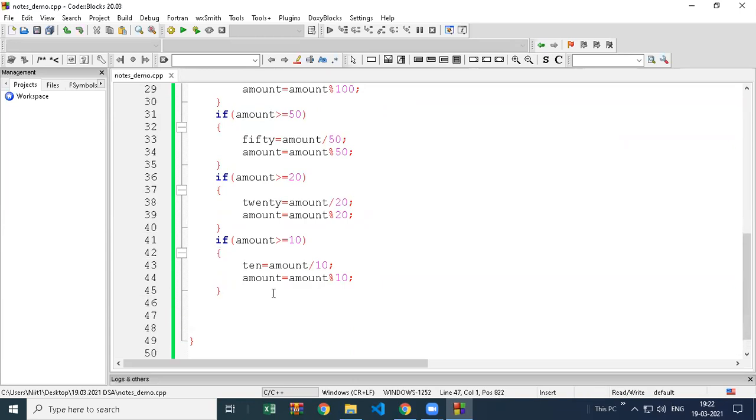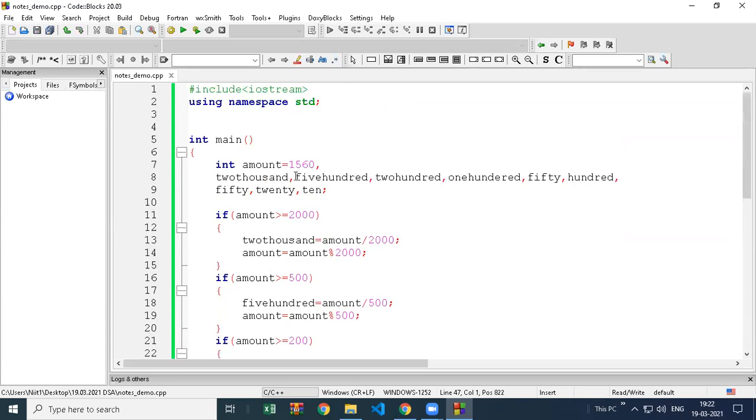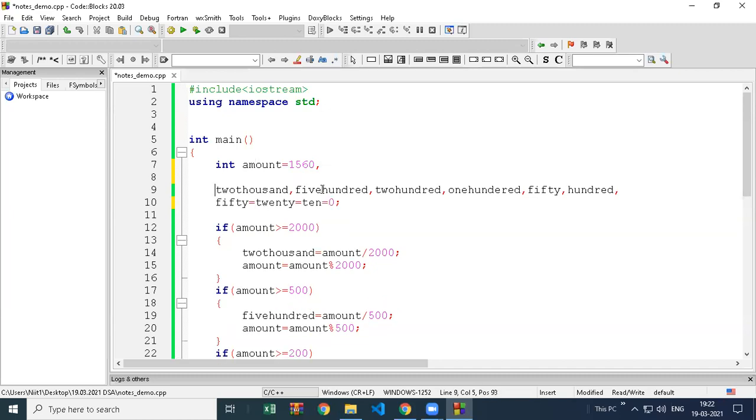So at the end, what you will do now, first of all, give all the variables equal to 0. I think this is possible in C++. Let me try this syntax. See, this syntax is available in some languages, and I think it is available in C++. See what I'm trying.